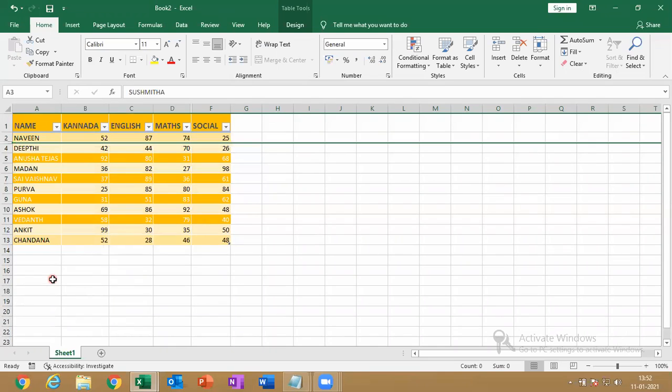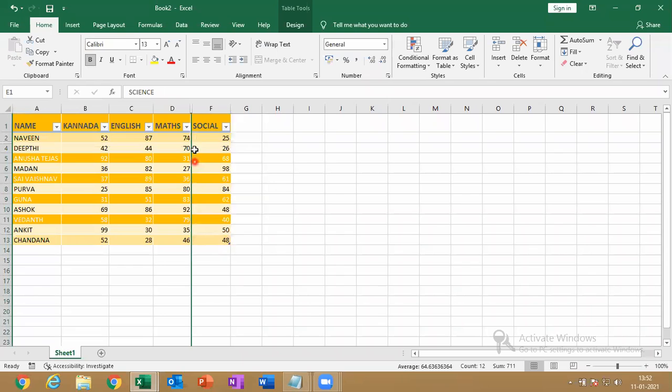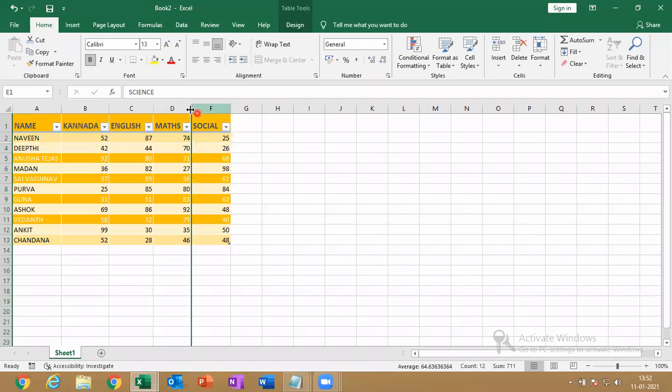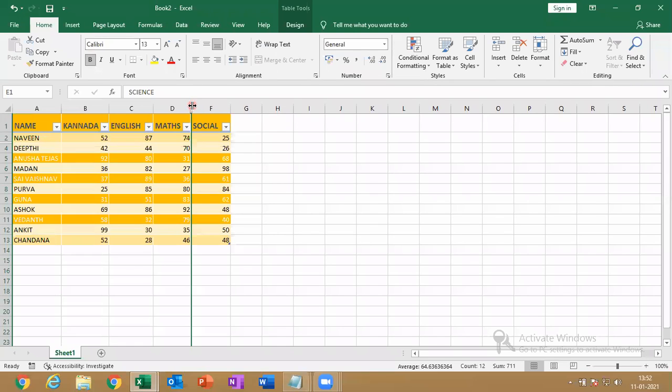And now how to unhide a column. Very simple, many ways are there. Exactly you can click here and right click, and use Unhide, the last option. Right click, unhide. You have to click exactly here, or else double click.